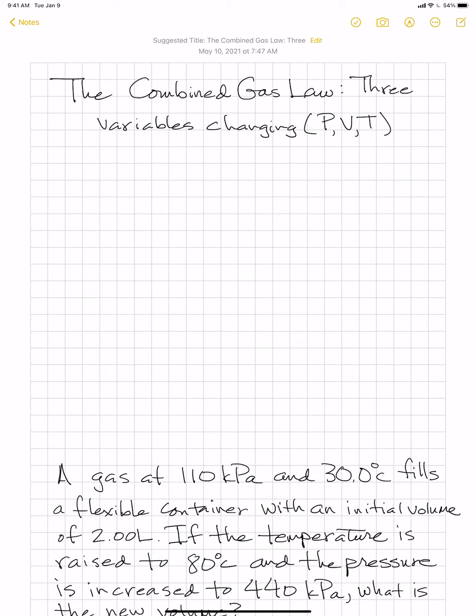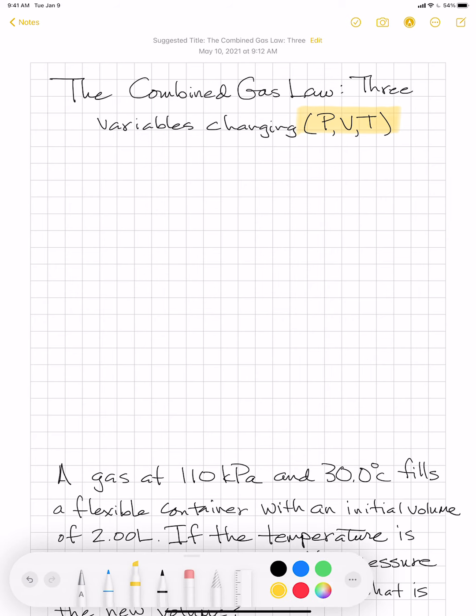Okay, we're going to talk about the combined gas law. And the combined gas law is going to be looking at three variables at once. Okay, so we're going to be looking at pressure, volume, and temperature all at the same time. And when we change those variables at the same time, what happens to a gas? Now, I know this sounds very complicated, and it sounds as if it was something that you almost couldn't solve